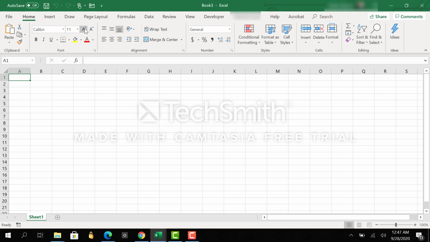Of course, when you go into a different application, Excel versus Word, you still have the ribbon, but there are different features and different commands available. But the idea is the same.